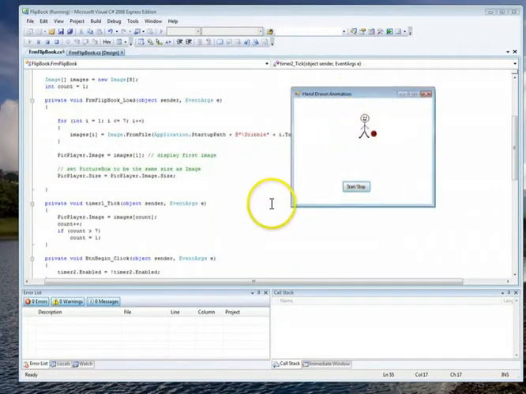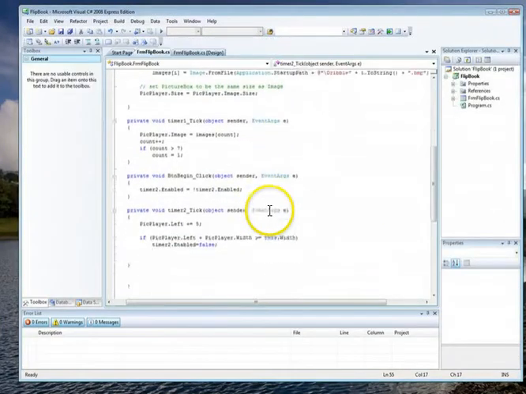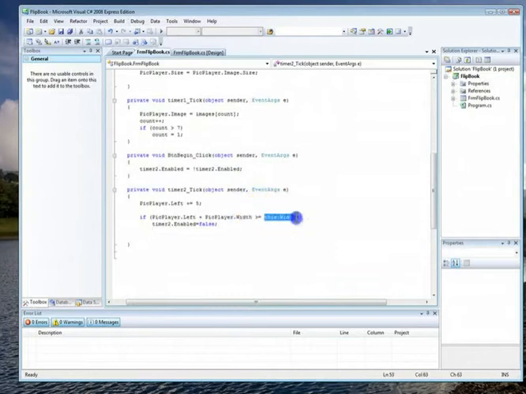Depends on what you make your screen size. So that's why I don't want you to ever use a number. What I want you to do is figure out the screen size using this word here, this dot width. That's the width of the screen. So how do you know when to stop them? Well, tell you the truth, probably a lot of you, if you didn't really think this out, would do the following. Watch. If the left player, that's where he is at any moment in time, is greater than the width,